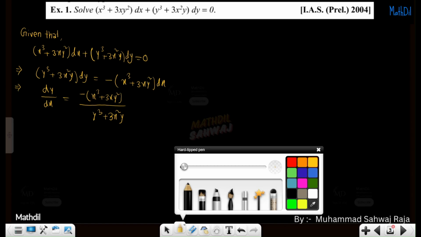Now just rearrange it. How? dy upon dx, take it this side, right? And when this dx will come this side, it will be in the denominator, right? Similarly, it will be equal to minus (x cube plus 3x y square) by, take this term this side, so it will be (y cube plus 3x square y), right? So till now I think everything is clear, because this is nothing but just a simple calculation, right? So what was the next step? The next step was that you have to write